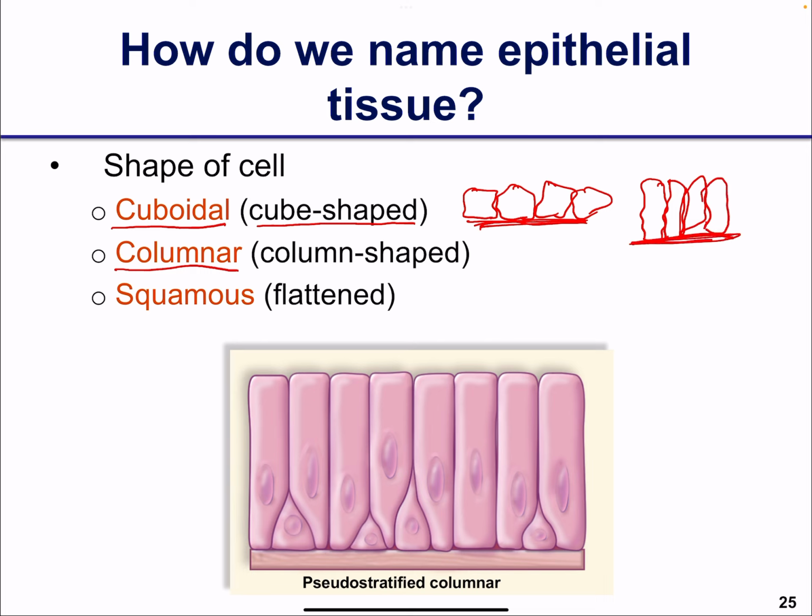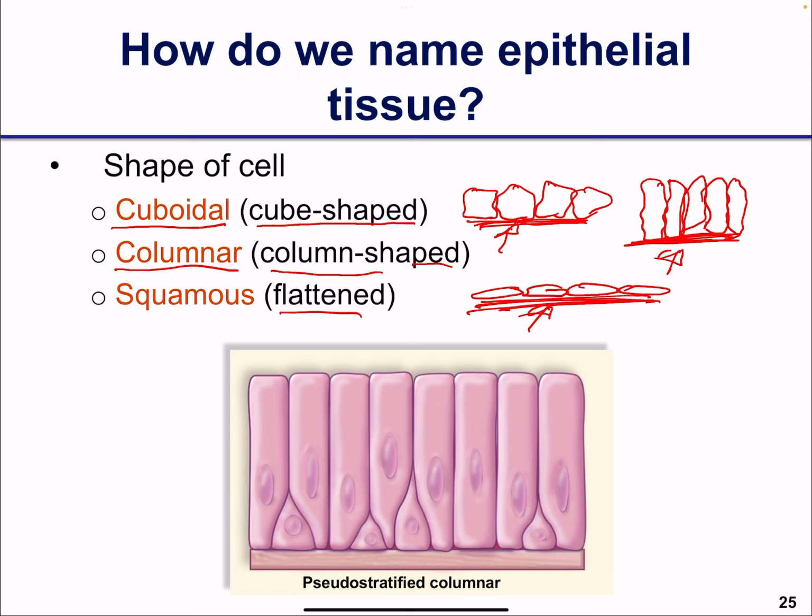And you're going to have a basement membrane here, okay? And then you're going to have squamous epithelium where the cells are going to be flat. So you're going to have cells like this and have a basement membrane here. All right, so cuboidal epithelium, cube shaped, columnar epithelium, column shaped, and squamous epithelium, flattened